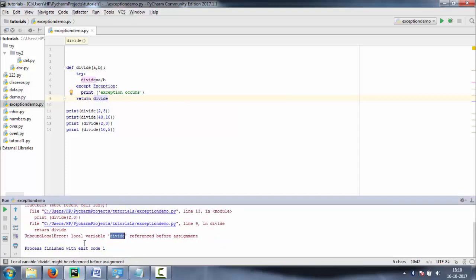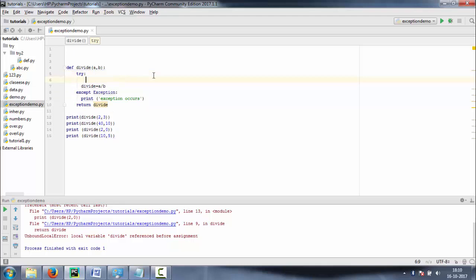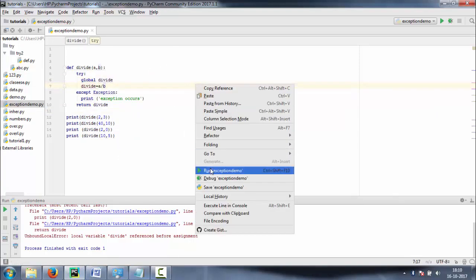Okay, unbound local variable error. Actually, this is a local variable error. We need to declare it globally. Now let's run it.